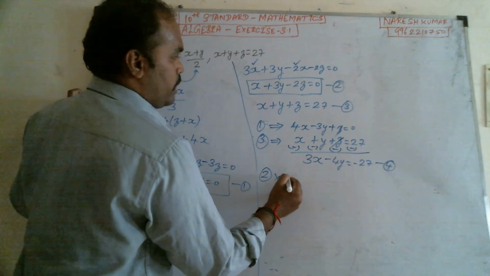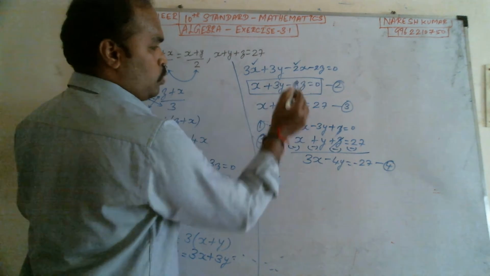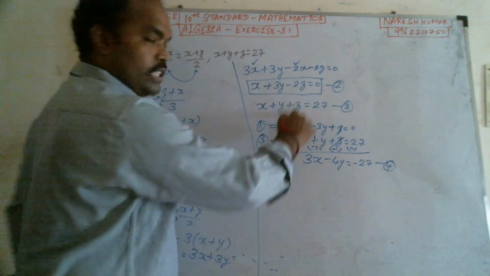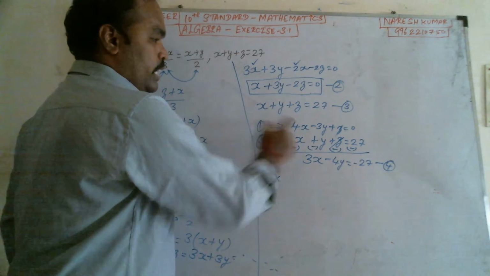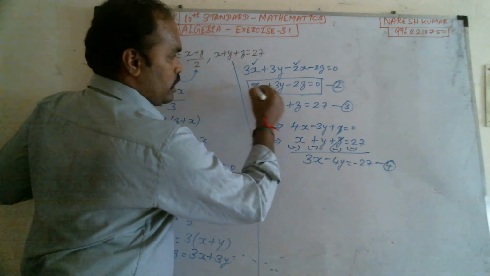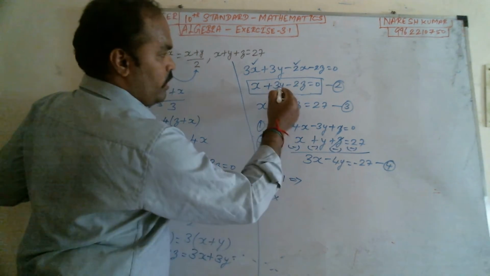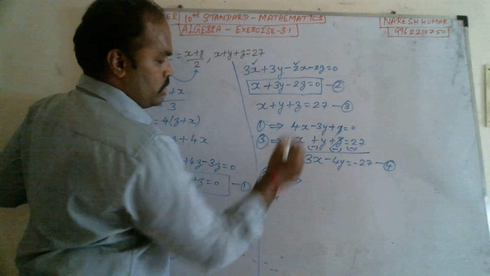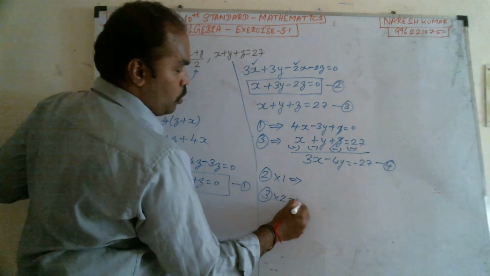Here, second equation we can multiply by 1, or else this z and 2z alone we need to try to cancel, because only if we cancel this z variable can we form this equation with x and y. So how are we going to do? This 1 we need to multiply by 2. In the third equation we need to multiply with which one? In the second equation 1, third equation multiply by 2.